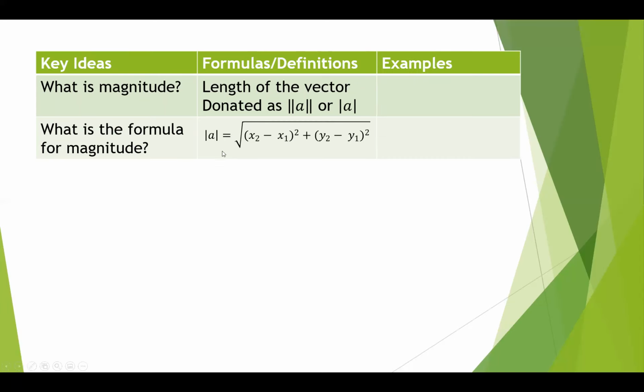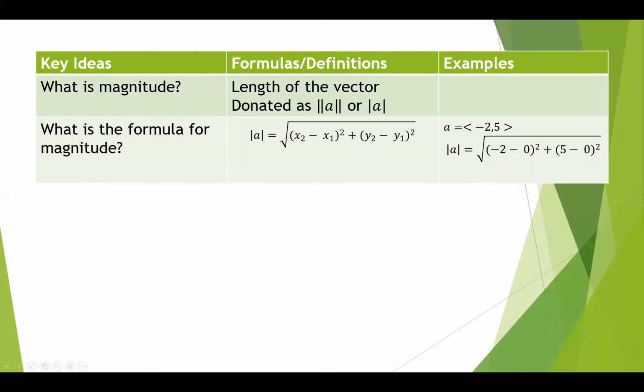So if you recall, the Pythagorean theorem is a squared plus b squared equals c squared. So here's our a squared, here's our b squared, and then instead of having a c squared, we have c, and we took the square root to get it by itself. So magnitude comes from the Pythagorean theorem. So in our example, if we want to know what the magnitude of our vector -2, 5 is,